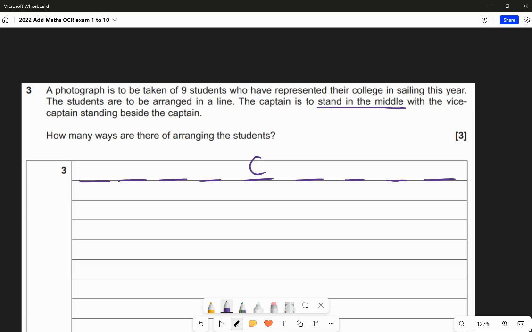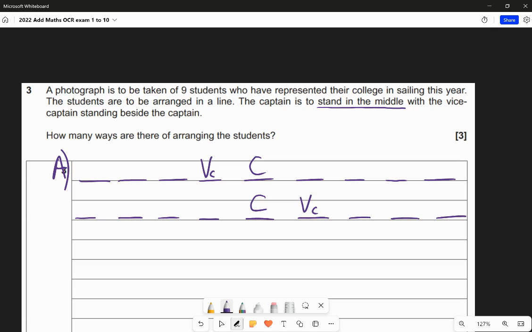So there are two different options because it tells me the vice captain stands beside the captain. Let's call this option A: you've got the vice captain on the left side of the captain, looking at them. And then you've got option B, where your captain is fixed, but your vice captain is next to them, on the other side. So in effect, we've got 2 options here, and in each of those options, you've got 7 more spaces to